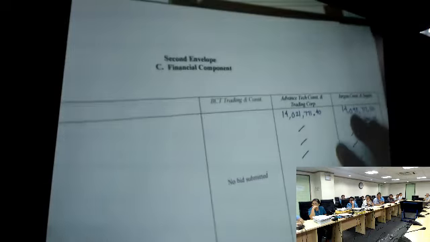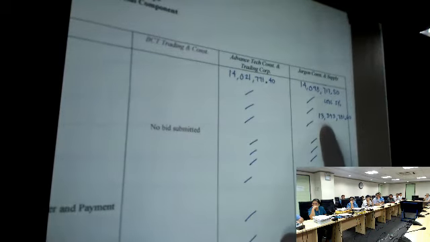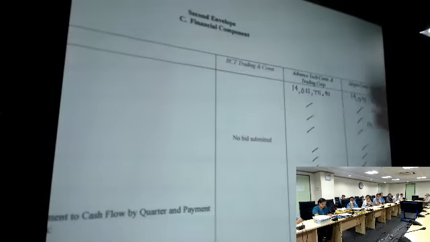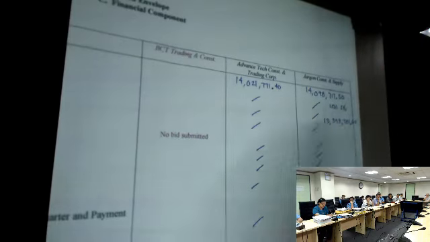Sir, during the opening of bids kasi, sir, totoo na 14,098 po nakalagay. Oo. Kaso nga lang, sir, may less 5%. And we are reading this, sir, during the opening of bids. Yung nilalagay natin yung 13 million, kasi as read, sir, during the opening of bids. So, ito po yung checklist natin during the opening of bids. Kaya nilalagay po natin dito sa bid evaluation kasi na-complete na po ito during the opening of bids.